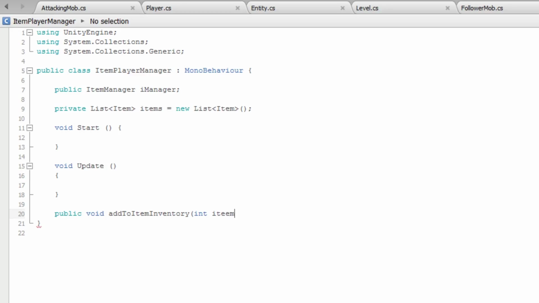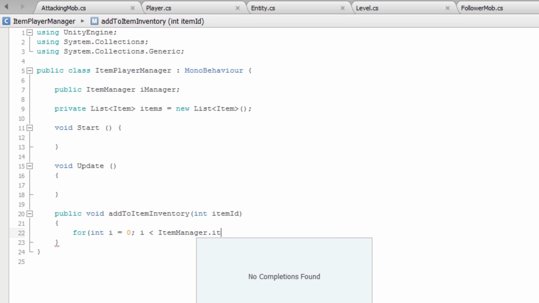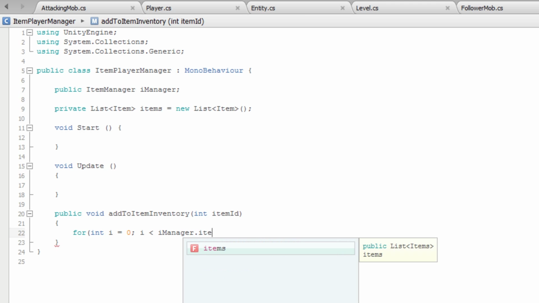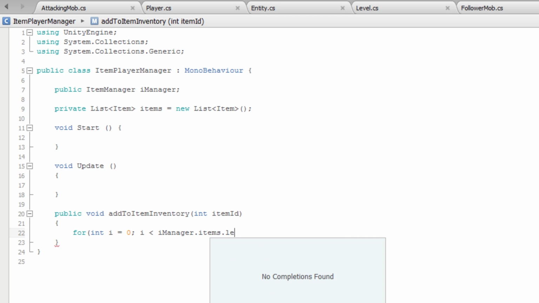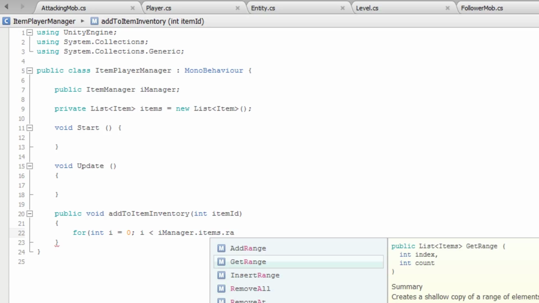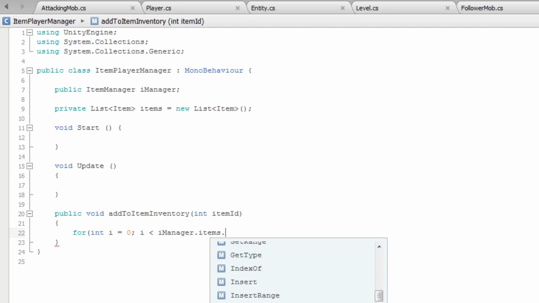Yeah. For int i equals 0, i is smaller than iManager dot items dot link